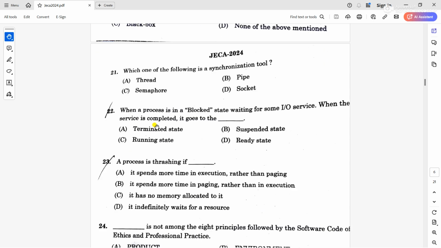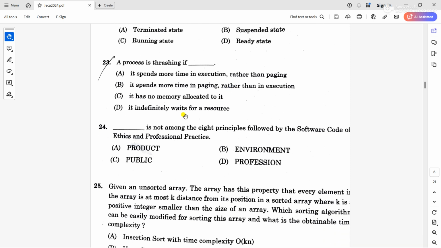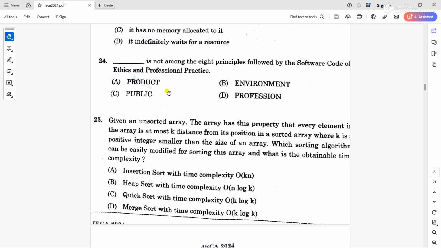21, which one of the following is a synchronization tool? Option C, semaphore. 22, when a process is in a blocked state waiting for some IO service, when the service is completed, it goes to the ready state. Option D. 23, a process is thrashing if option B, it spends more time in paging rather than in execution. 24, environment is not among the 8 principles followed by the software code of ethics and professional practice. Option B. 25,